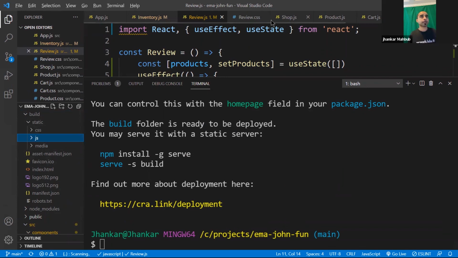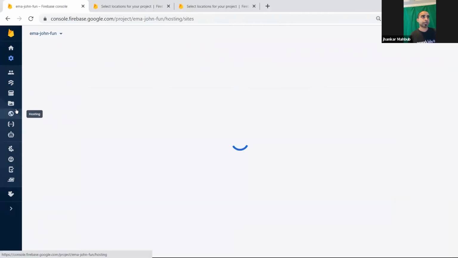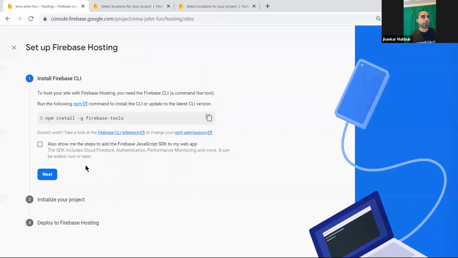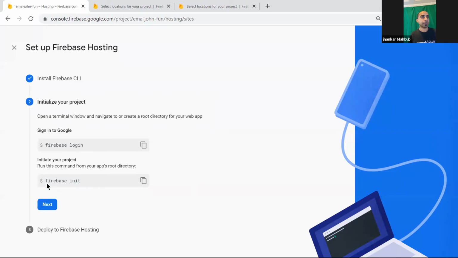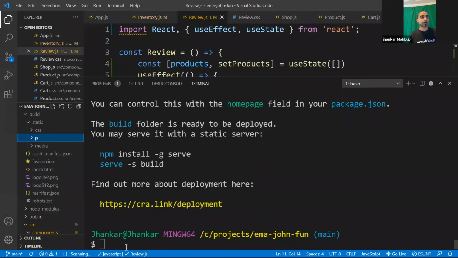So if we go back to our project, we go to hosting, and in hosting we did get started. We did npm initialize, login Firebase login, and now let's attempt this one. Firebase deploy, and let's see what happens.